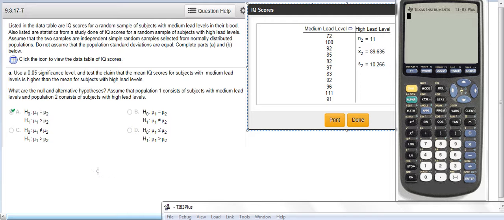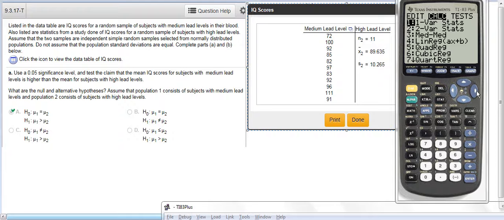This question here is a little bit different just in the way the data is presented. When you click the icon to view the table of scores, they give you one set of scores. Here they give you all the scores, and over here they just give you a summary. And if you go into the calculator and look here, when you do what's required here, two-sample t-test, you can